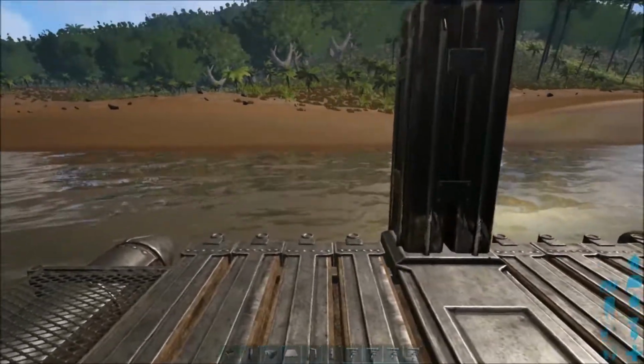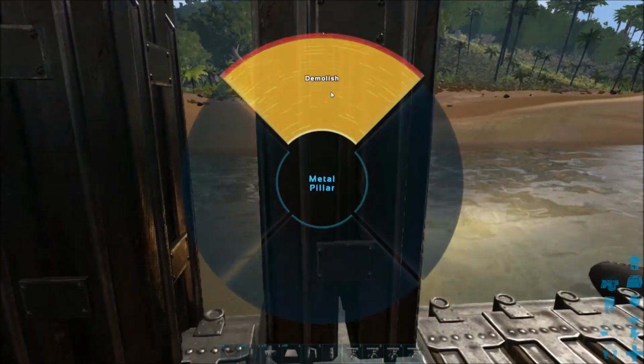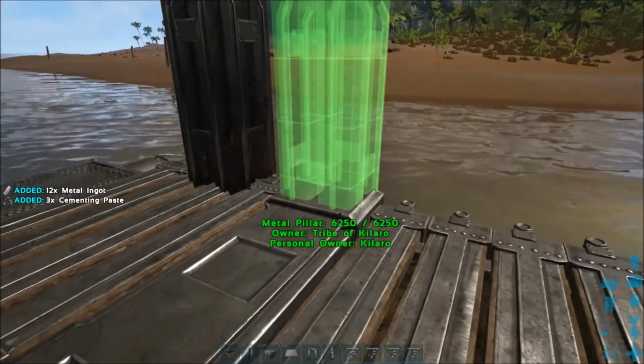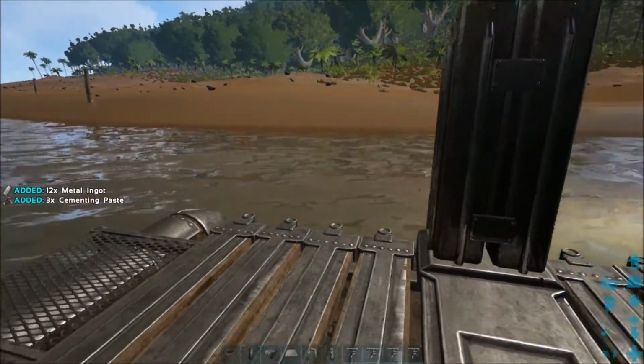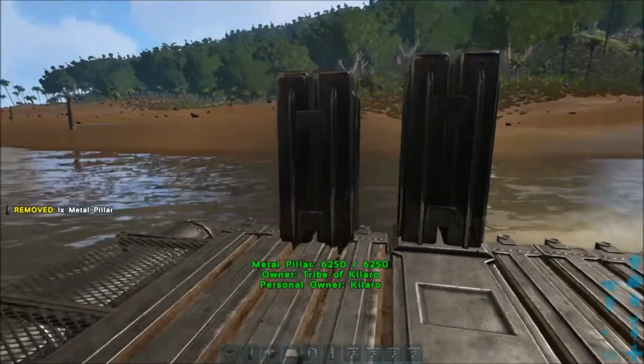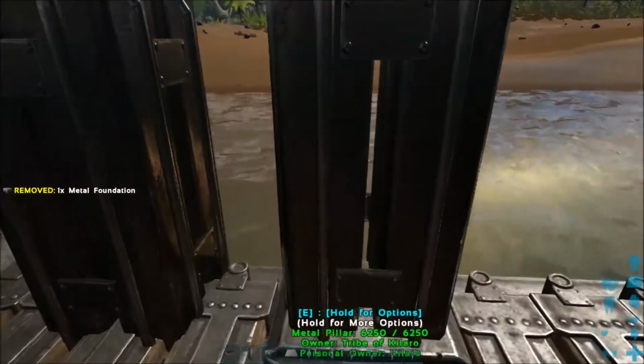And then we're gonna put a pillar next to that one. Demolish that one, the original one. Put another pillar in the spot. Demolish this one. Put another pillar in its spot. And that's where we want it. Then we're going to put a foundation in front of that pillar. Then we can demolish both pillars